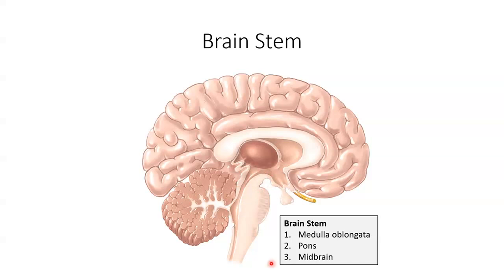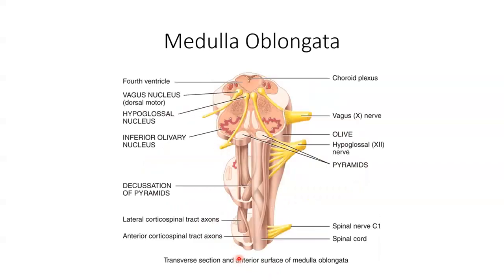Taking a close look at the medulla, which remember is this bottom part here, and looking at it from an anterior or front-on point of view, this is what it will look like. So a large portion of our medulla is made up of white matter, which remember is the axons of neurons which are myelinated. So the white matter in the medulla is made up of all of the sensory and motor tracts that extend between the spinal cord and other parts of the brain. So these are the axons of sensory neurons that transmit all of the sensory information from receptors in the body up to the brain,